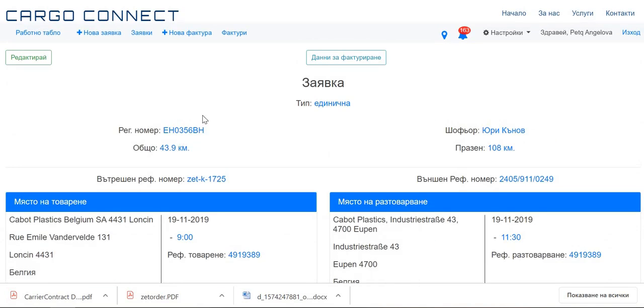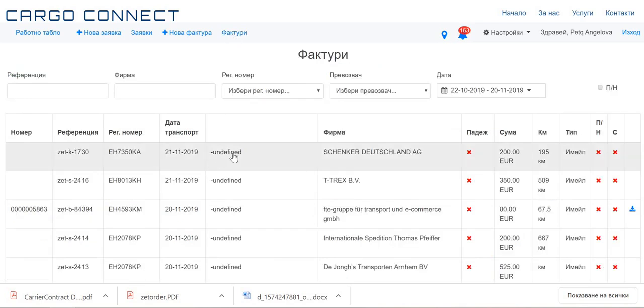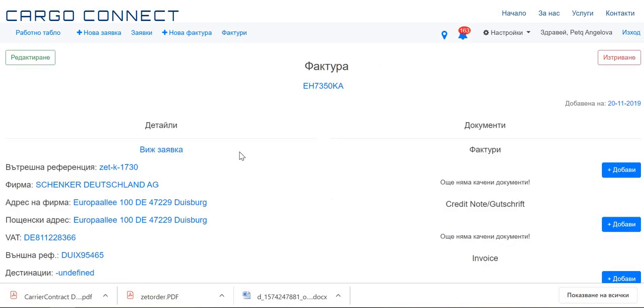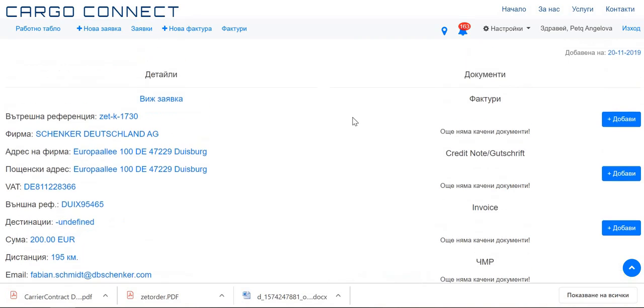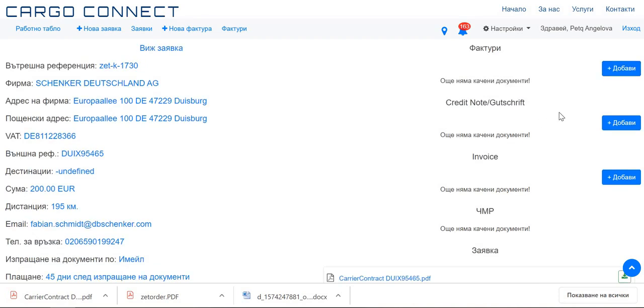Okay, now I'll show you where the information for the invoices goes. This is the order that we made. When you press it, on the left side you have everything that you need to make an invoice, which is automatically made by the system as soon as all the needed documents are uploaded, which you can find on the right side. Credit notes or good shrifts,